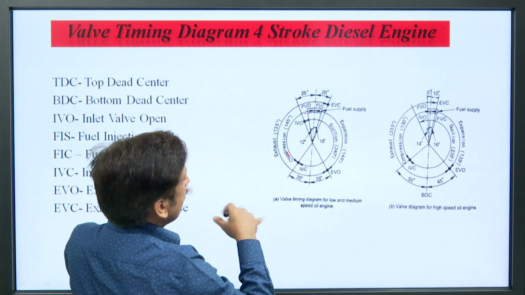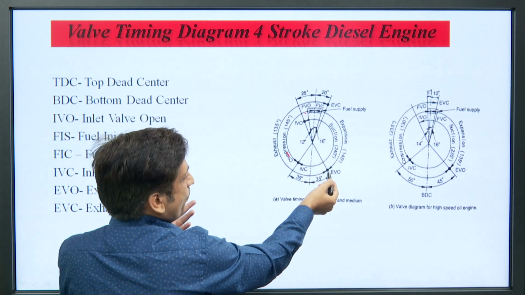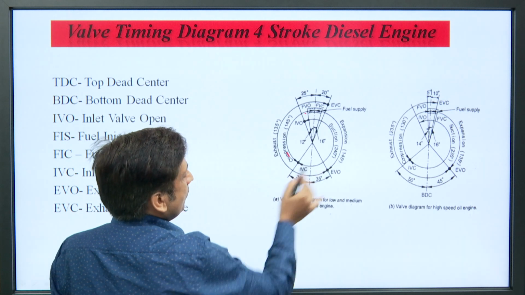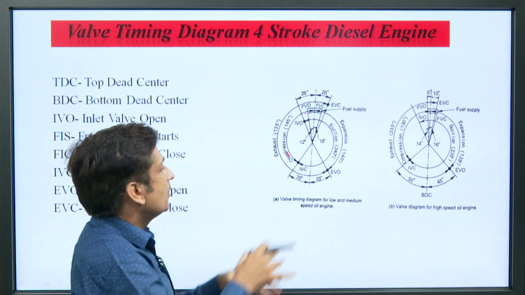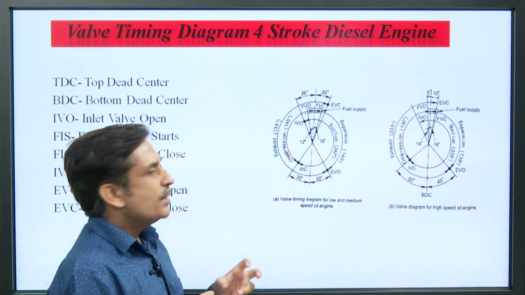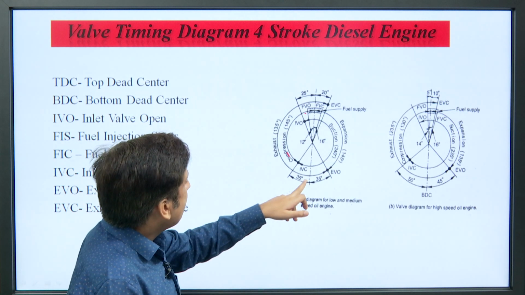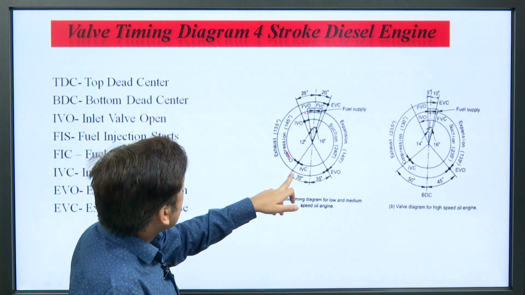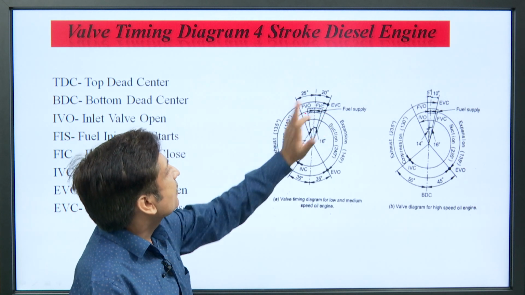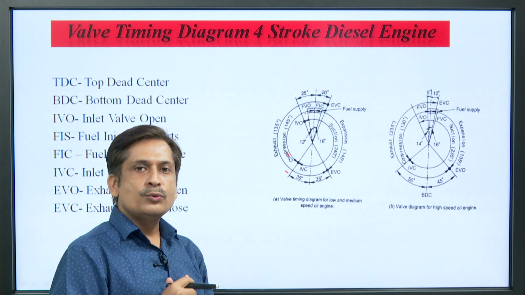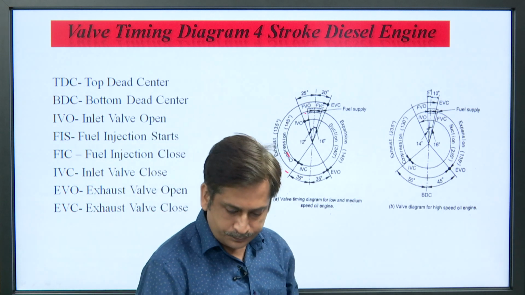Then after the blast because of auto ignition, expansion occurs, and the exhaust valve opens some degrees before the bottom dead center, so that we are able to remove the combustion products, otherwise they will be mixed with the incoming charge and decrease the efficiency. And the exhaust does not end at the top dead center, it ends somewhere after it. The reason is the same, we want to completely remove the exhaust products. This is for high speed, this is for low speed.